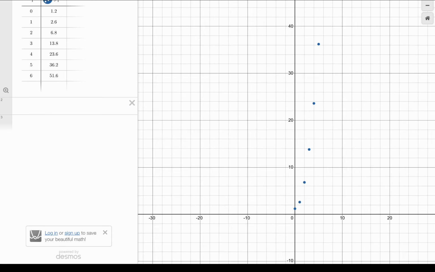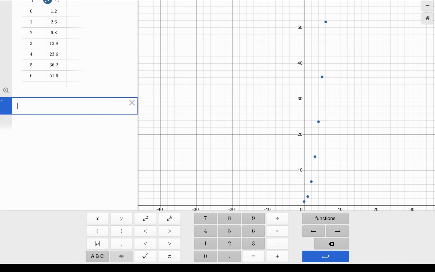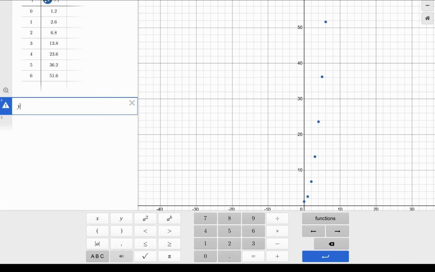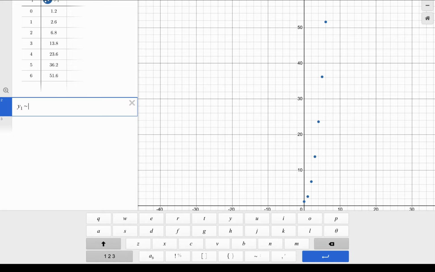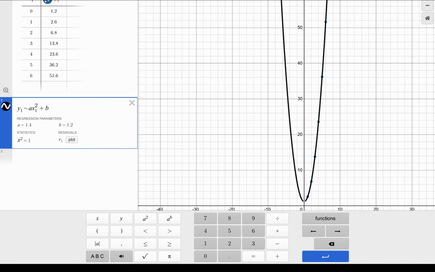From there, I can zoom out and I will see that this data looks very similar to a quadratic regression equation. Now, if you're a little bit confused, how does this look like that? Well, we can go ahead and verify this. So let's type in the quadratic regression equation, y1 tilde a x1 square